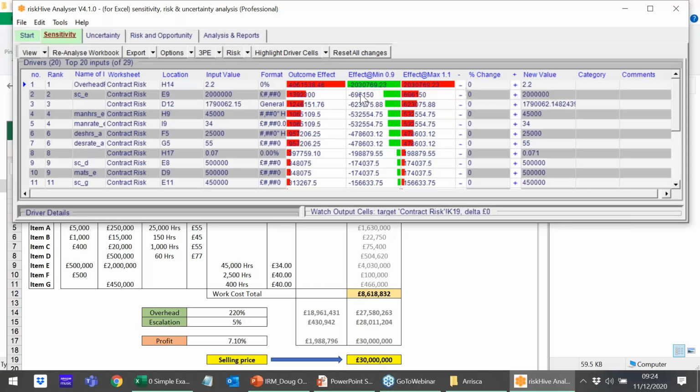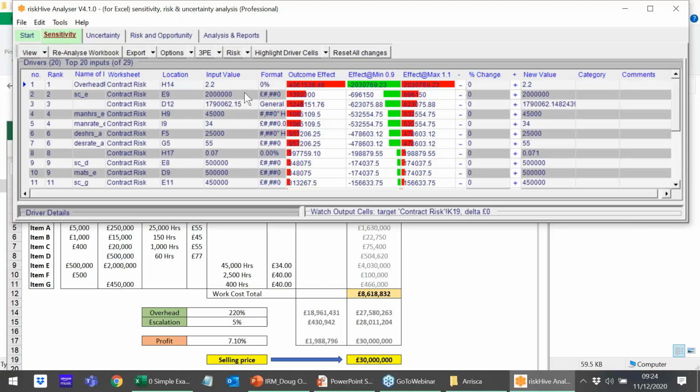So if we look at the tornado, we can see that this top item is actually about 3 times the effect of the next biggest driver, which has a value of 2 million. The value of this second input is actually several orders of magnitude higher than this top one, but the variability is much lower. That's a really important lesson: sensitivity analysis, and indeed understanding models, is not just about picking the biggest number and assuming that's the thing that's going to have the biggest impact on our outcome.